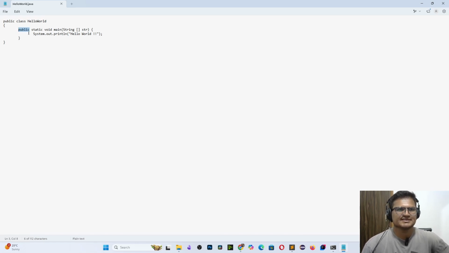Public indicates that this is accessible anywhere outside the package also. Here we have not given any package, but by default this goes into the default package. We can declare the package also, that we will come across later. So public class is there, right? Class is the keyword to show that this HelloWorld is a class. It is defined as a type, a data type,